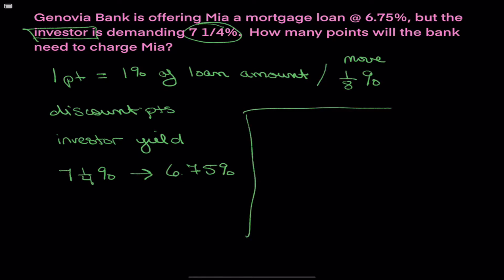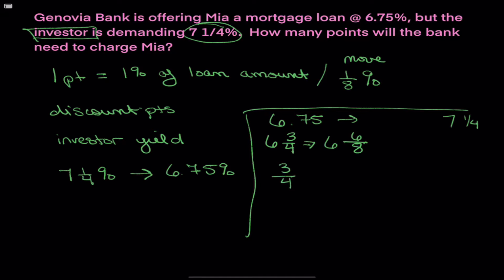So to do this, we need to get from 6.75 to 7.25. I want to turn this into fractions, eighths as a matter of fact. So we know 6.75 is actually 6 3/4. And now we've got to get that 6 3/4 to eighths. That would be 6 6/8. In case you're wondering how I did that, to go from 3/4 to 6/8, you've got to know